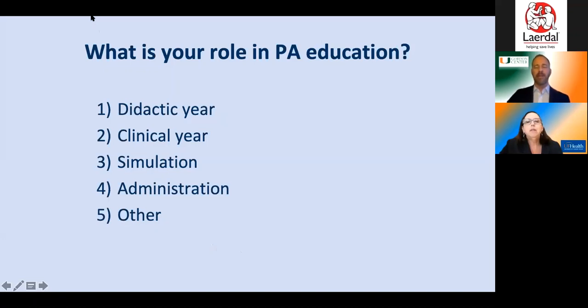Have about a third in, although I know that the total number are not physician assistant educators, so I'll close the poll now. Okay. And results. Well, there we go. It looks like, based on our results, 58% of you are involved in simulation-based education of PA students. And the next highest ranked response was other areas of PA education. And that's really important to know as we move forward.